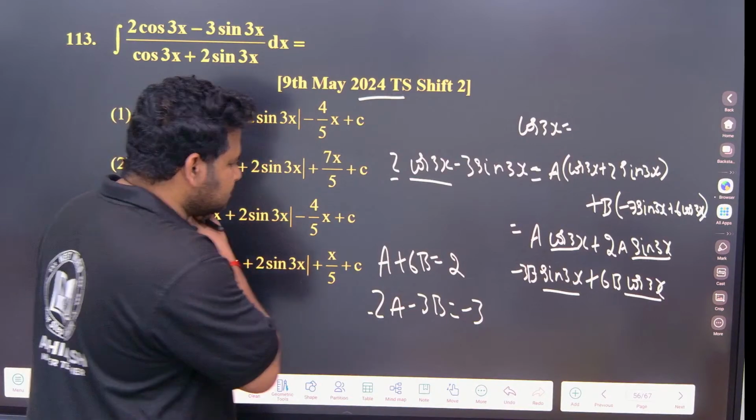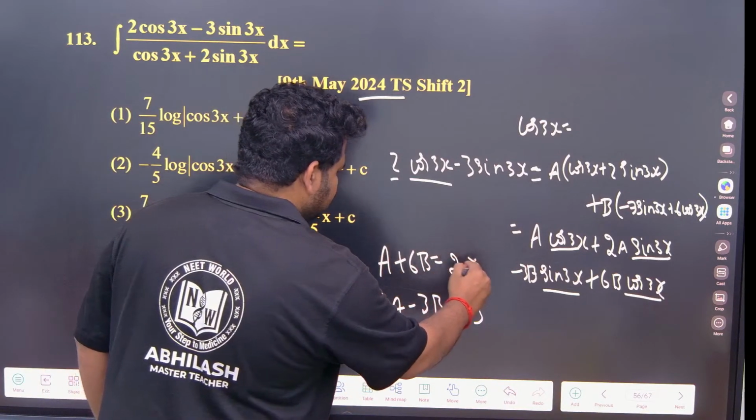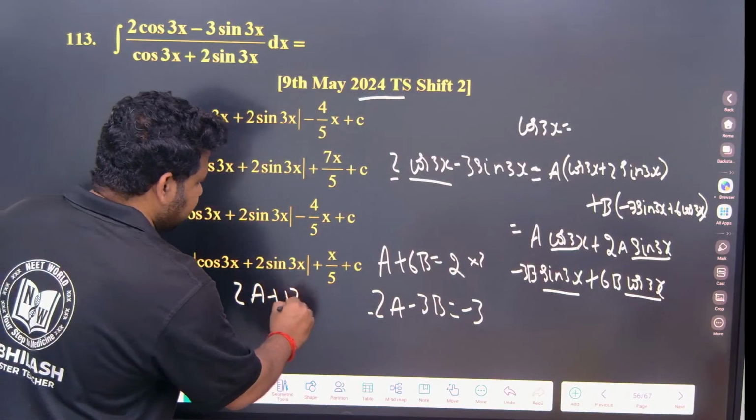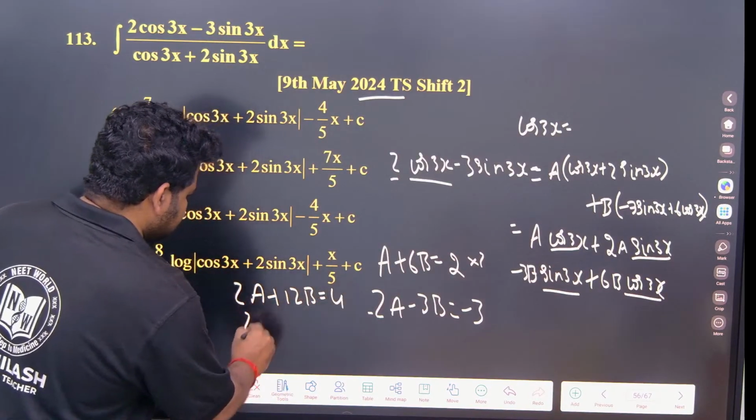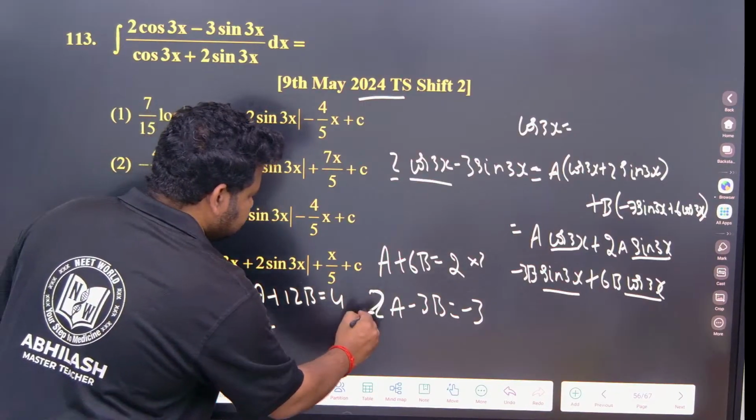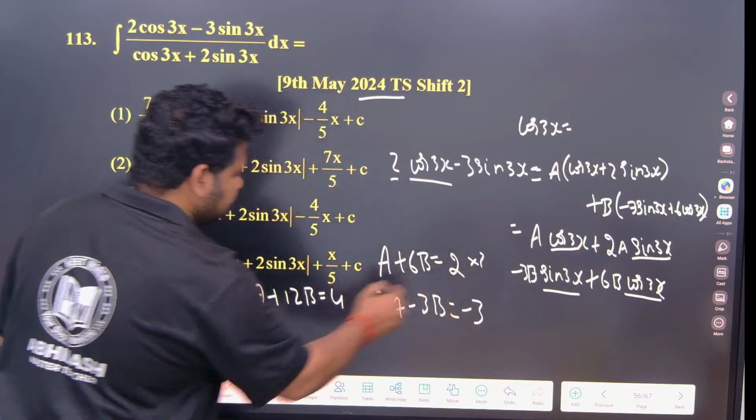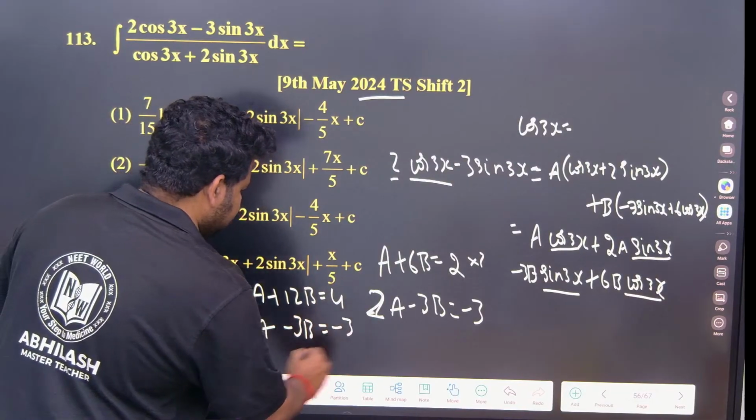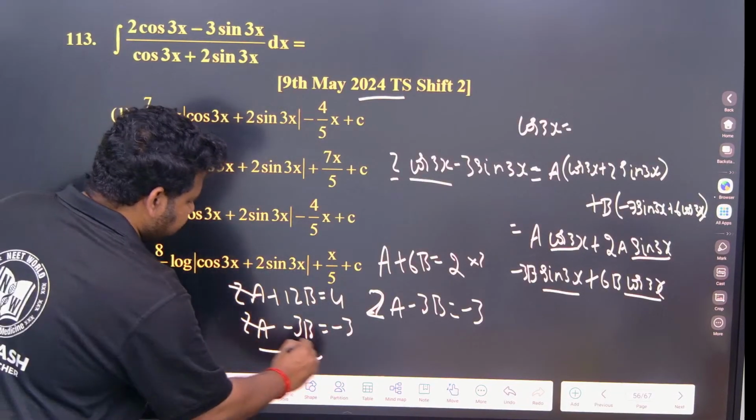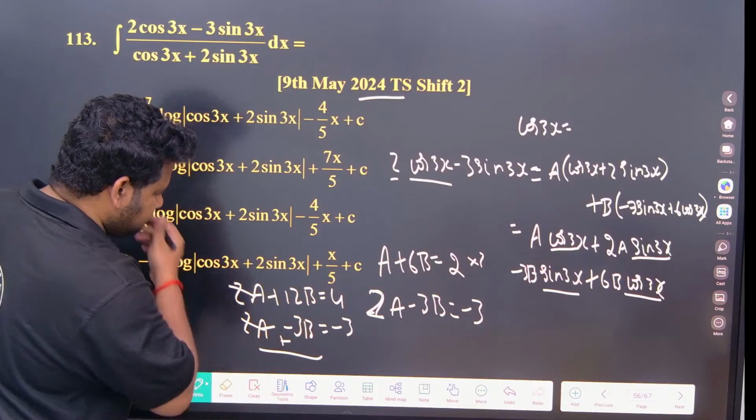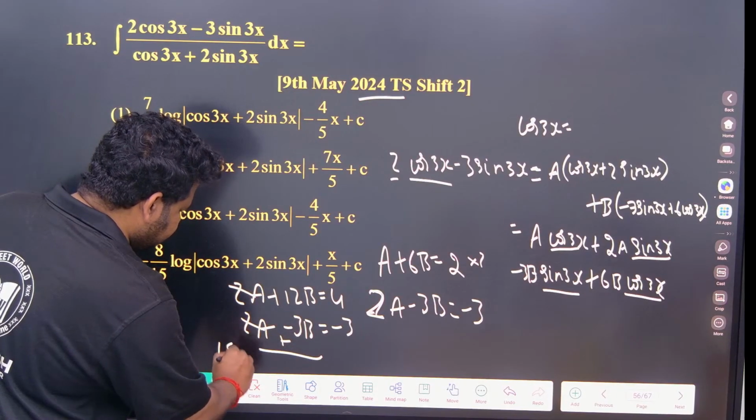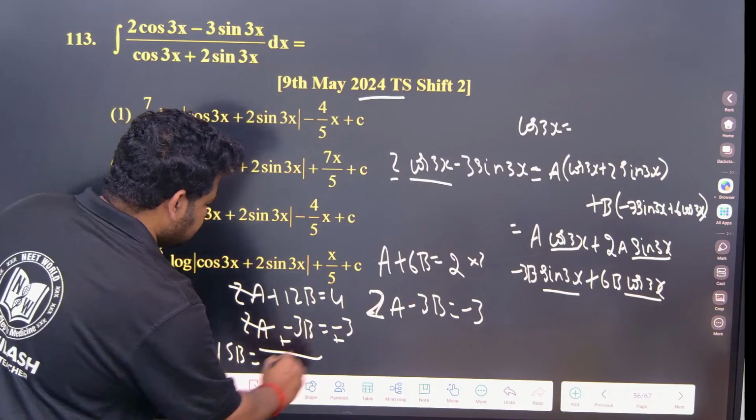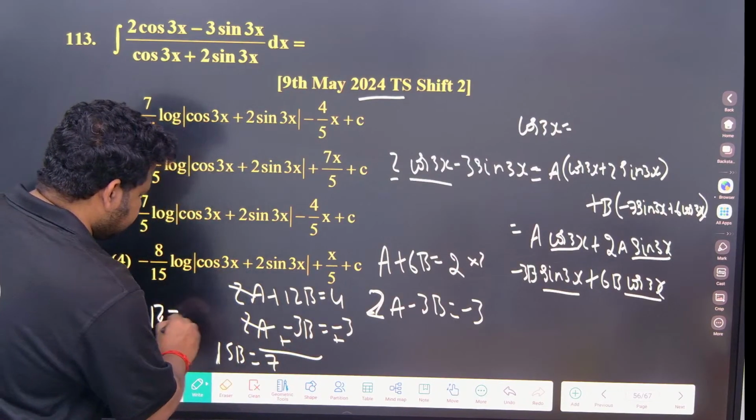If I solve this, let me multiply this by 2. So this will become 2a plus 12b is equal to 4. This is 2a, not minus, there is no minus here. Okay, this is plus 2a only. Just I have written 2a minus 3b is equal to minus 3. So this will cancel, and this will be 15b. 15b is equal to 7. So b is equal to